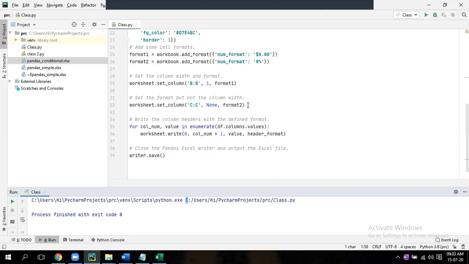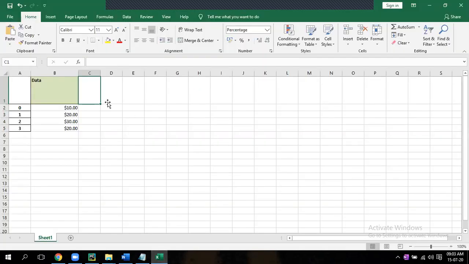Now go to your Excel. We have only the B column. In the C column we don't have any value. Just write 20 in the C. See, by default percentage is coming, right?